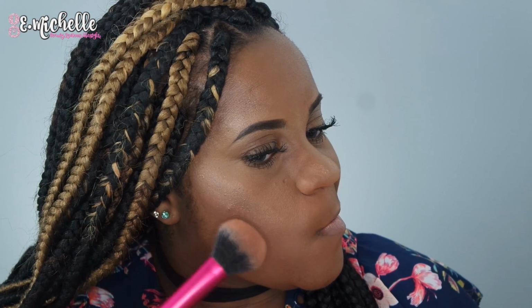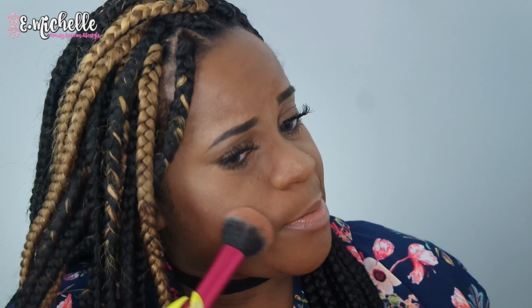I just thought that palette was awesome, so this kind of puts me in the mindset of that palette when it comes to those colors. Now, this blush here, I was a little nervous about the blush because I was like, okay, what can I do with this color? But when I applied it, it was really nice. I actually did it backwards by accident. I applied my highlighter and then the blush, but it still did really good here on my skin. It wasn't too much, not overly pigmented, just a nice flush of color on my cheeks,